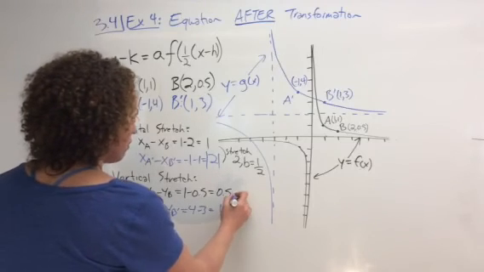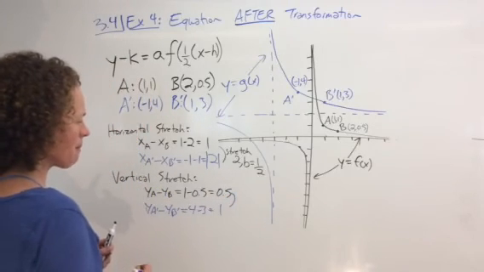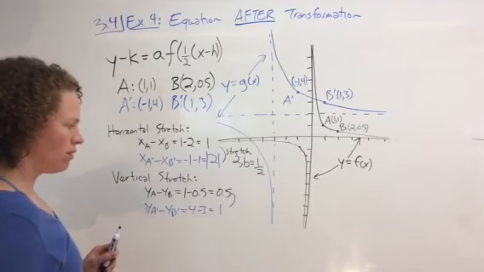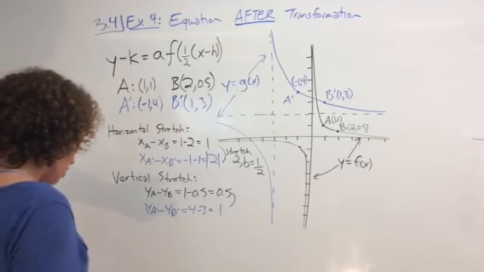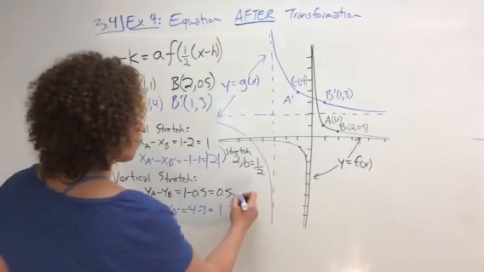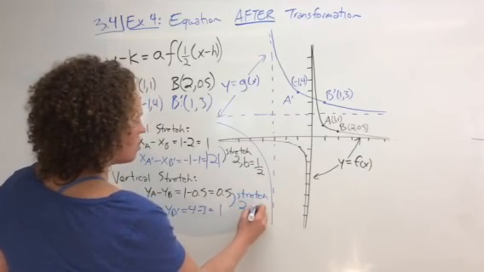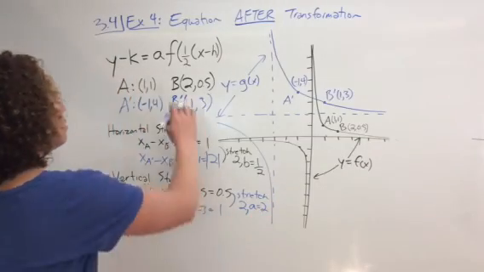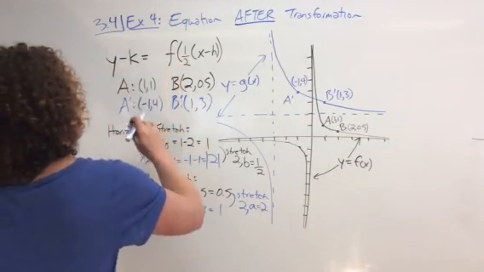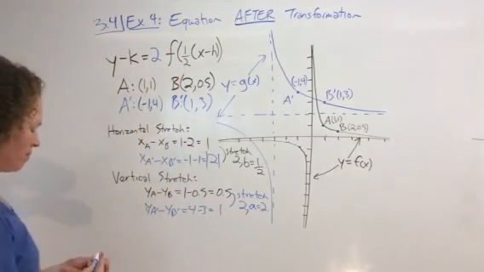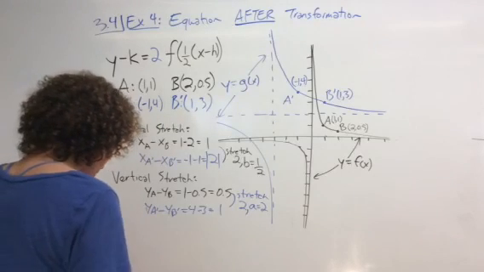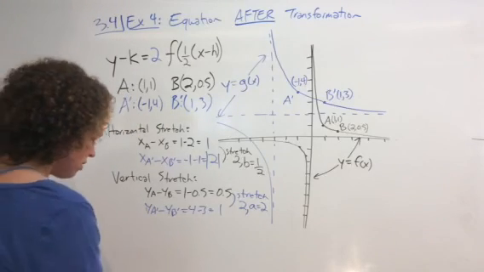So I need to have a stretch here of, how do you get from a half to 1? Well, you multiply it by 2. So I have a stretch of 2. So a equals 2. I'm going to take a out, and I'm going to write in a 2. So now I've got